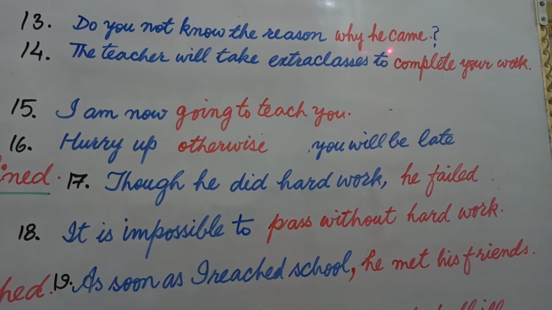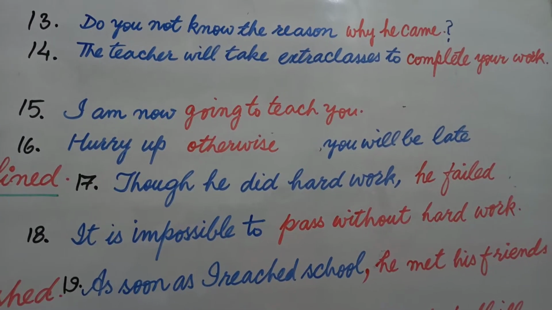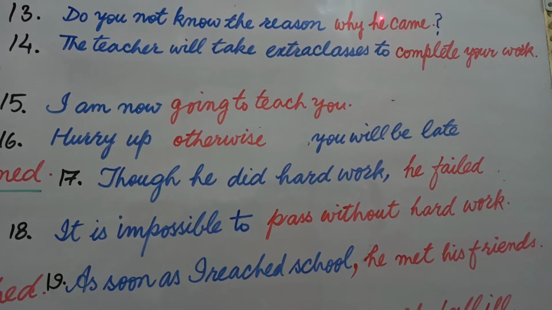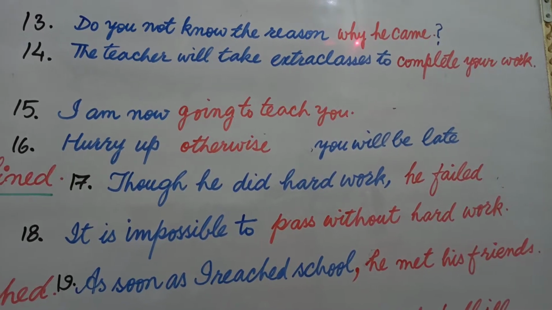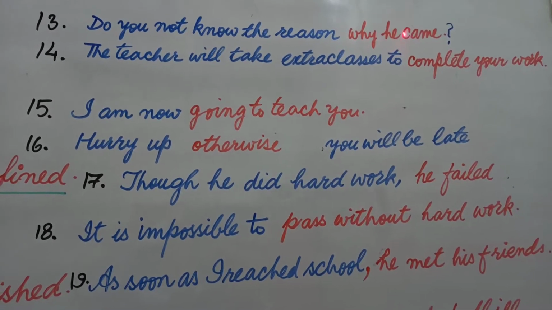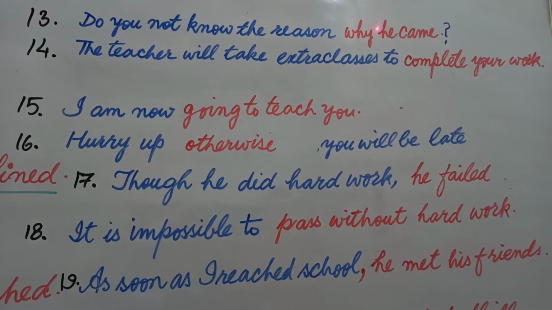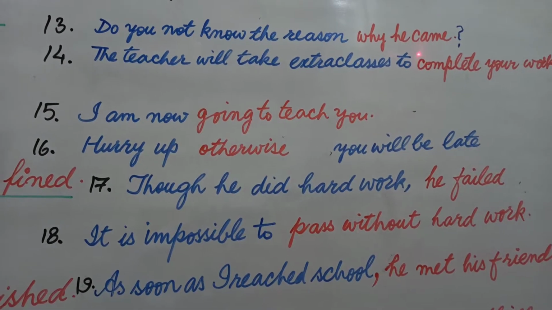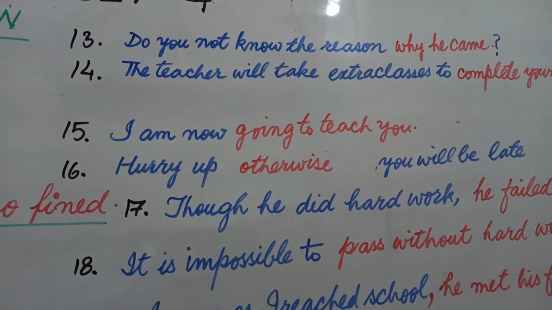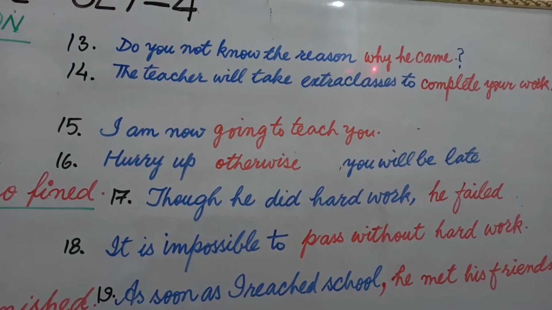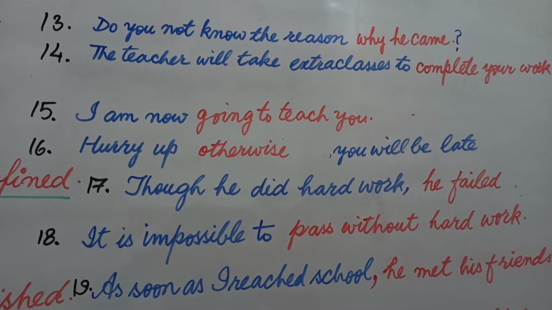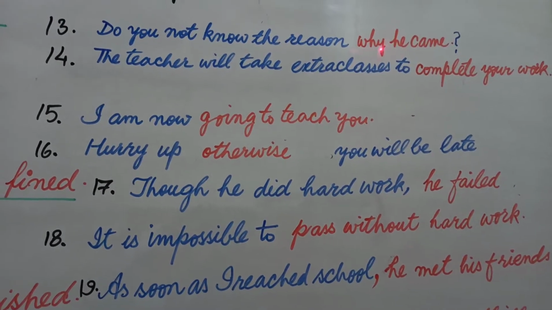It means why do you come is a structure of interrogative sentence, but you change this structure of interrogative sentence into assertive sentence. Assertive sentence means you don't use helping verb just after question word, and you use subject first. Why do you come? You is changed into he, and do is deleted from here because we are going to change this interrogative sentence into assertive sentence, and why he came. In short, you can learn that you use question word, you use subject, you use next part of the sentence. You never use helping verb before the subject.